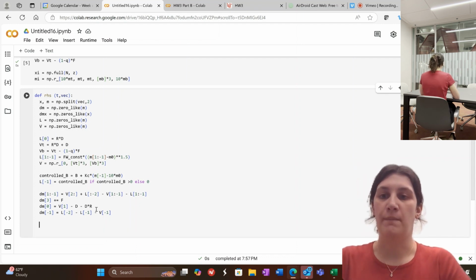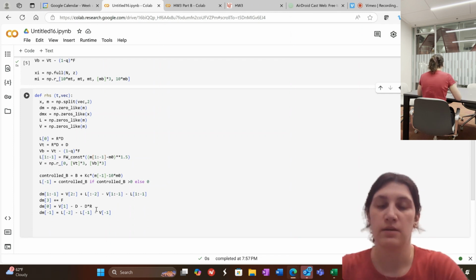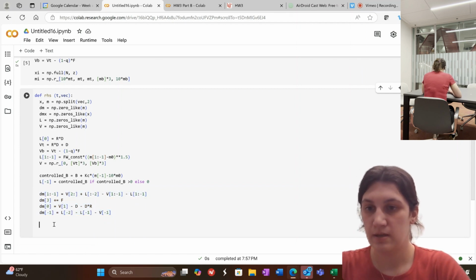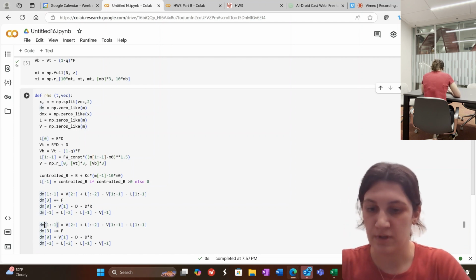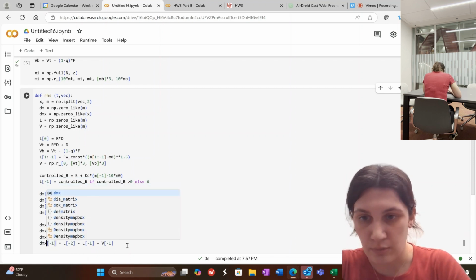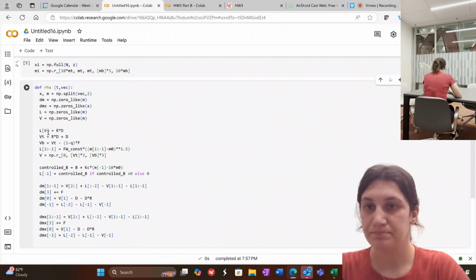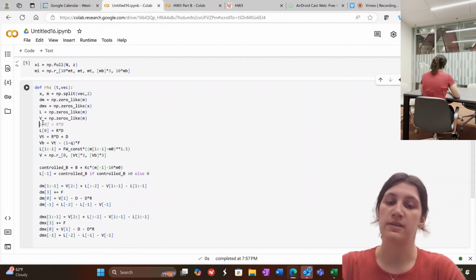Now, if you remember from Part A, the difference between our overall mass balance and the mass balance of the most volatile component was multiplying by the mole fraction. And that's how we got dmx. So that's what we're going to do here. And first I'm going to add in all my x's before I forget. And then we just have to go through and multiply each piece by the mole fraction. But we do have x and y's for that, and right now we have our x established but not our